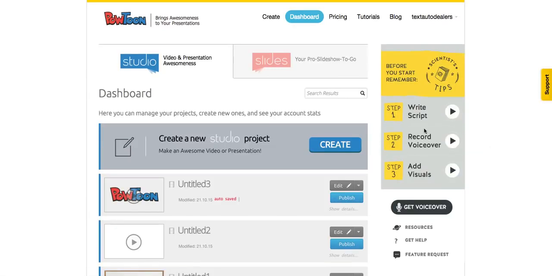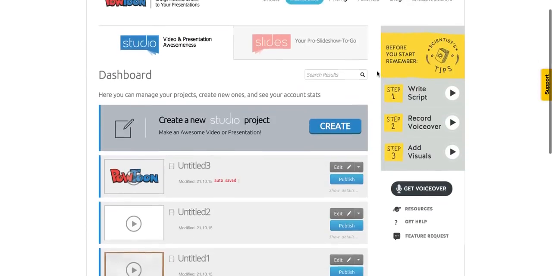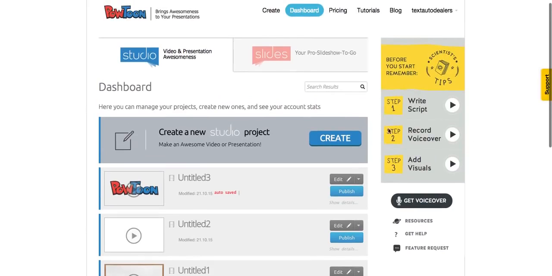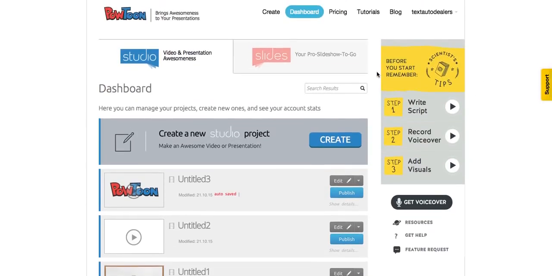And I would recommend going to Fiverr, or you could even use one of their resources to get a voiceover. And then once you have that voiceover, you can plug it in right here, and it'll make adding the visuals very, very simple. Now, in case you don't have any of this done, what I have done is I have provided audio for the next few lessons